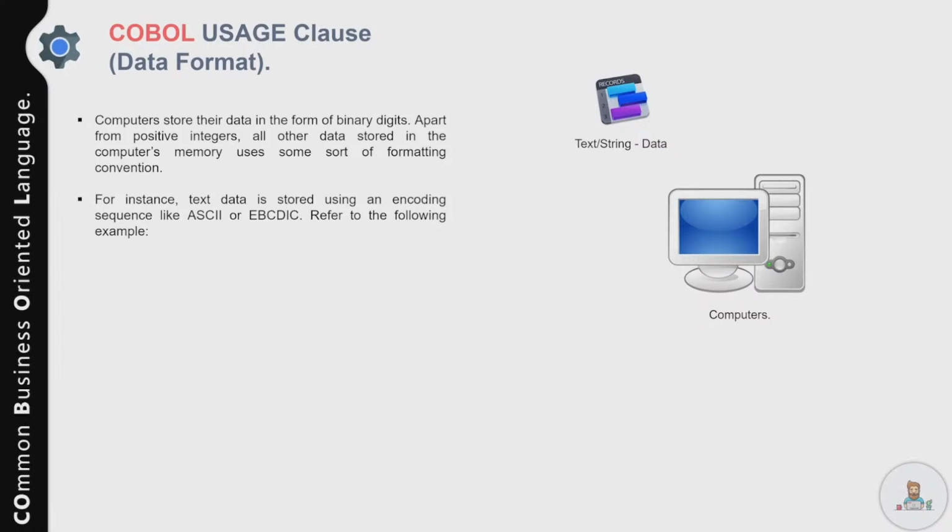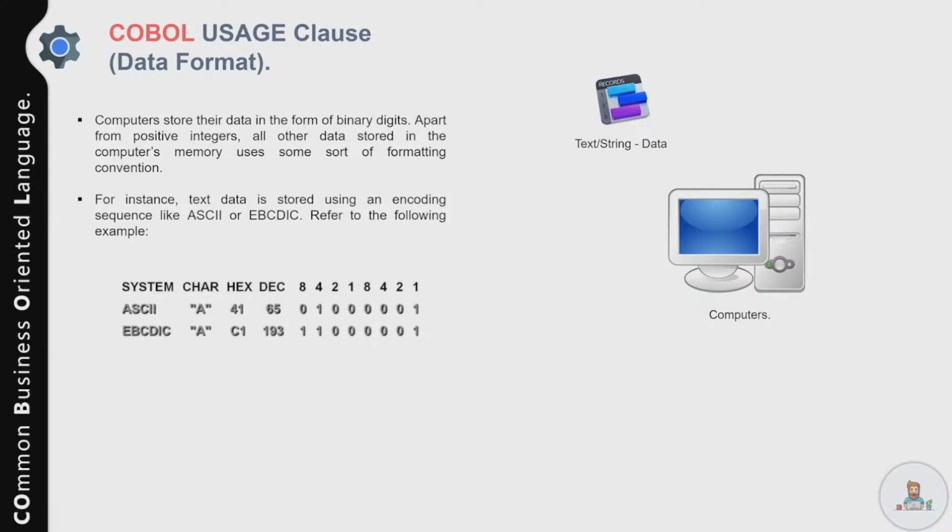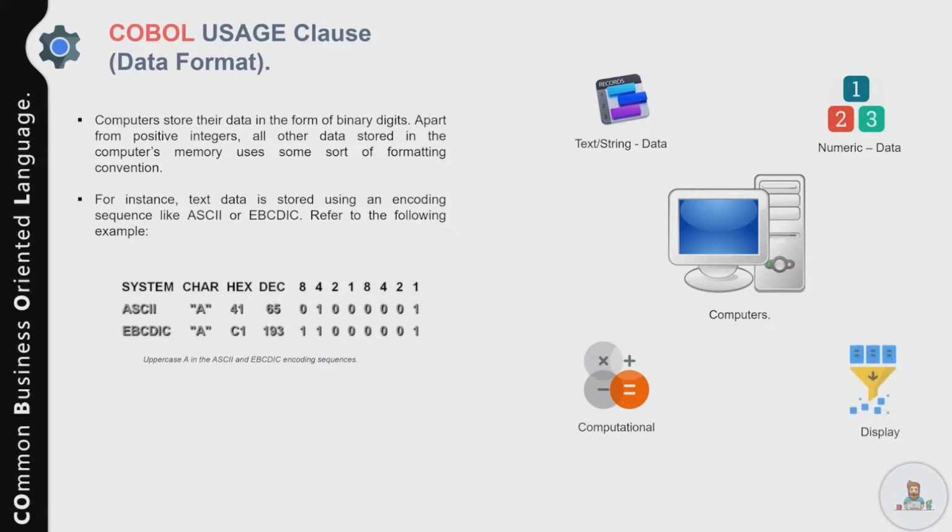For instance, text data is stored using an encoding sequence like ASCII or EBCDIC. Now you might be thinking, what is an encoding system? An encoding system is simply a convention that specifies that a particular set of bits represents a particular character. For instance, the following figure shows the bit configuration used to represent an uppercase A in the ASCII and EBCDIC